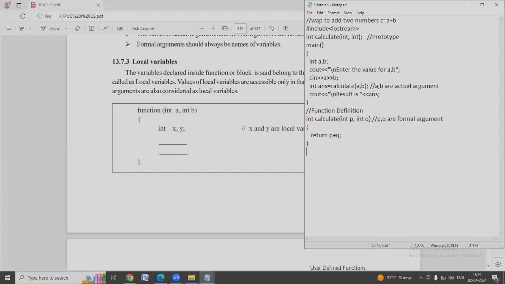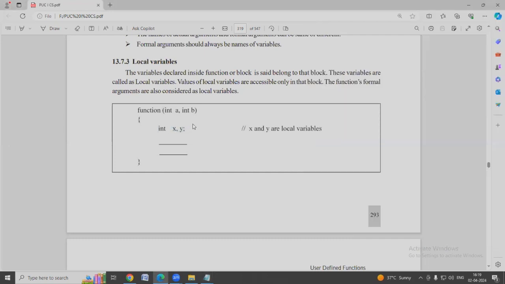That means when the function execution starts, whatever variables are declared inside the function get declared and their life starts from that point onwards. And when the function execution completes, that is, all the statements present inside the function have executed, after that,